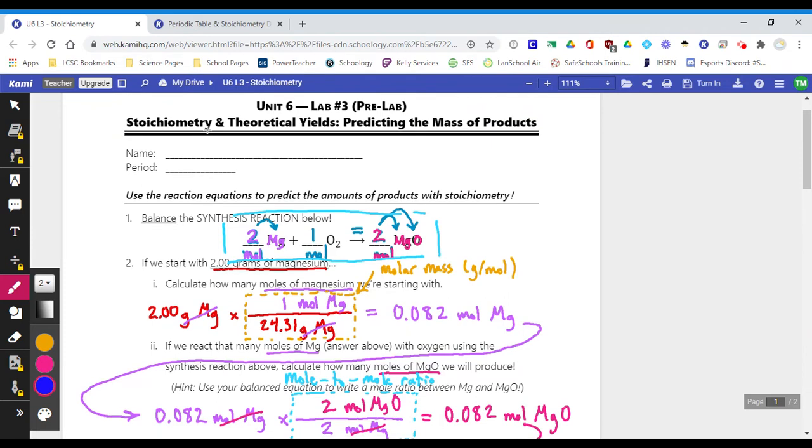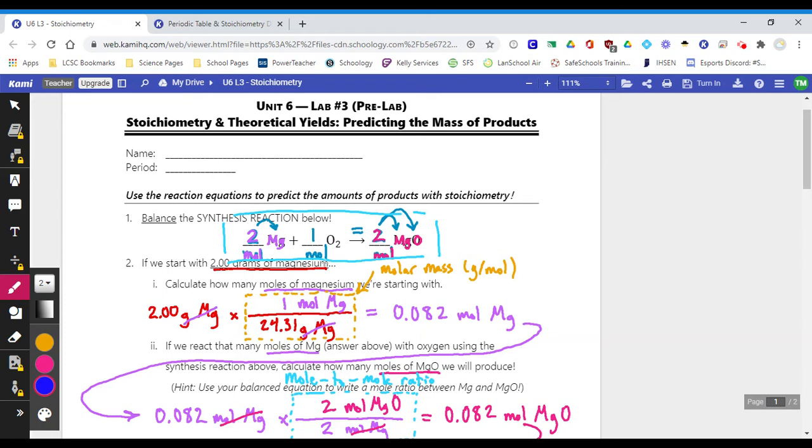Stoichiometry helps us predict how a chemical reaction is going to go. And it can also help us predict just about anything, whether it's a reactant or a product. If I know I want to make 10 grams of MgO, I can use stoichiometry and convert to figure out how many grams of magnesium I should start with. Or if I want to know how many grams of oxygen are going to be used up in the reaction,